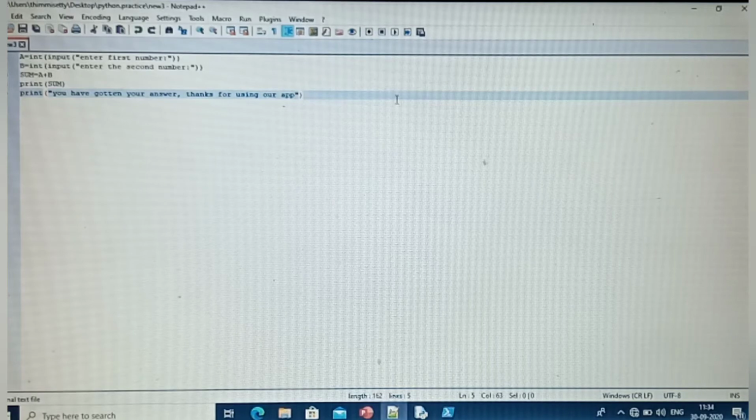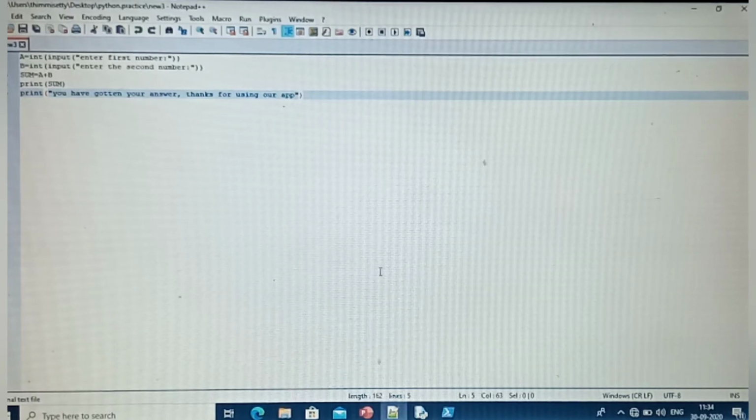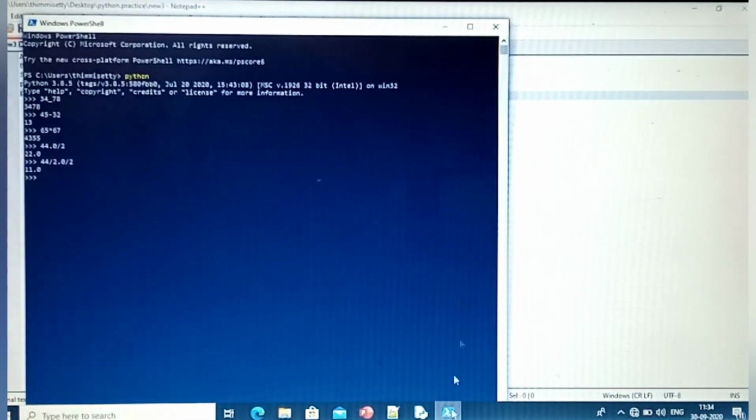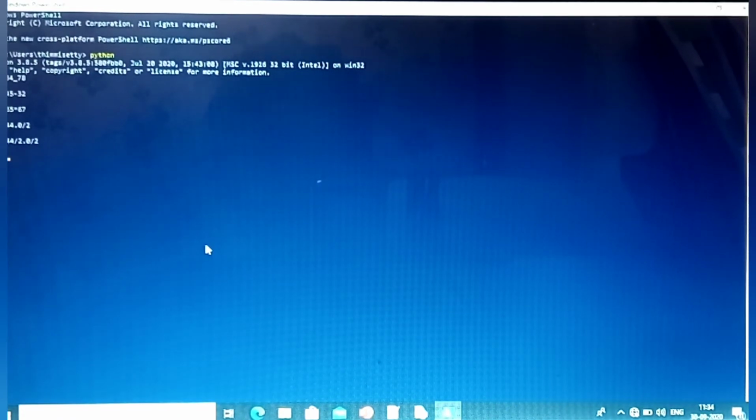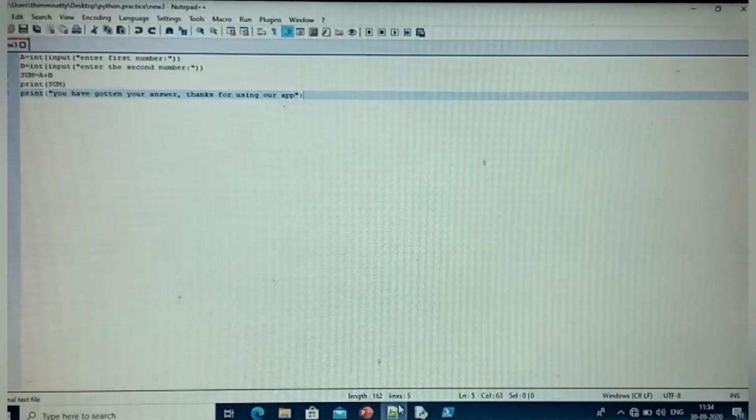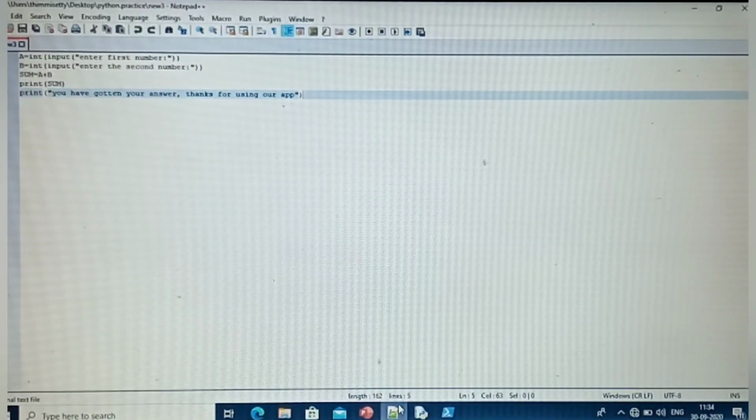So now let's see how this will work in the PowerShell. Open the PowerShell. Before, we did some additions, so it is in Python, and that's why we want to remove that Python. So first of all, in the PowerShell, save this one. We didn't save this one up to now.